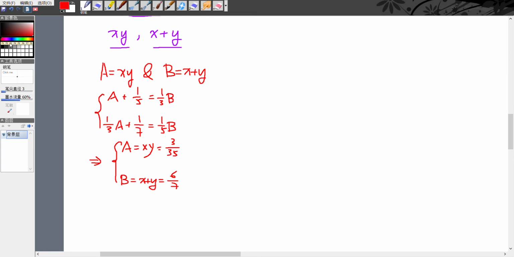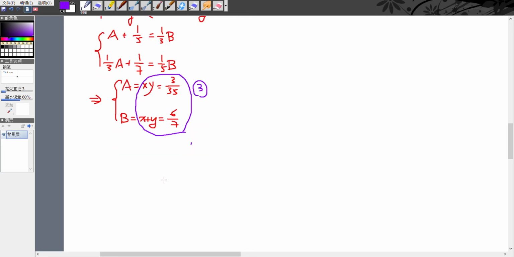Then solving these simultaneous equations can actually give us the values of x and y, and I believe it is not very hard work to do. It's just setting this equation as 3 and turning 3 into y equals 1 over 35x, and substituting equation 3 into equation 4, which gives us x plus 3 over 35x is equal to 6 over 7, and